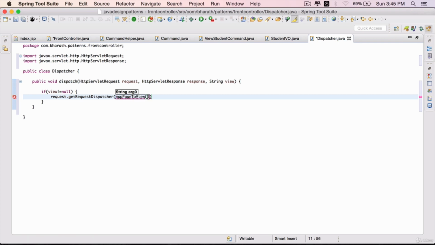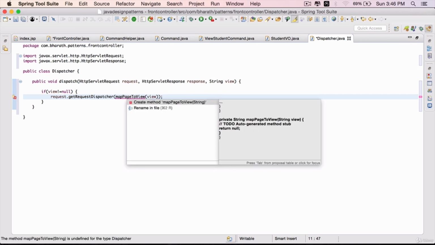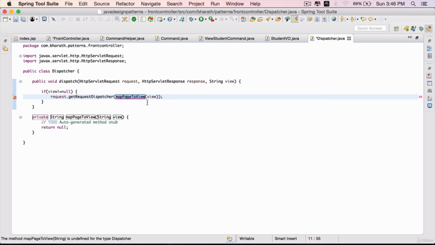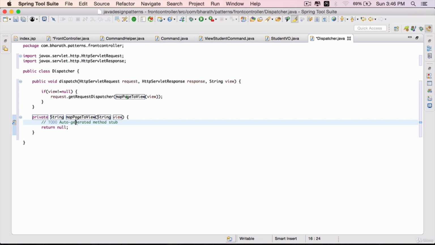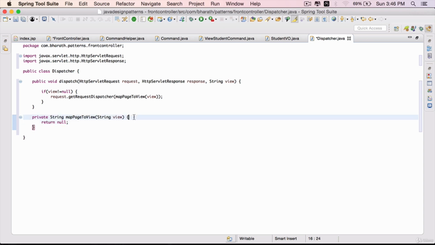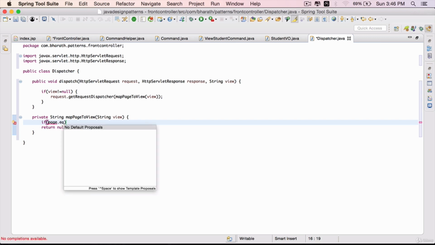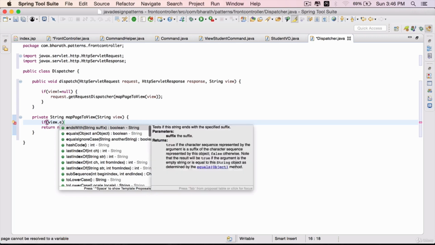Map page to view is a method that takes the view name and it will map it to a JSP. Hit Ctrl 1, create a method called map page to view. All this method does simply is append .jsp at the end. So if page dot equals, or view dot equals, I keep calling it page, view dot equals,